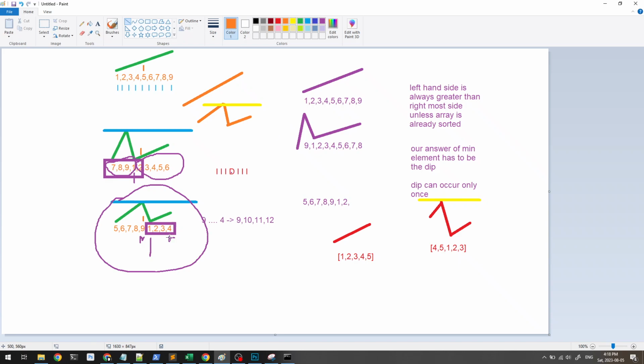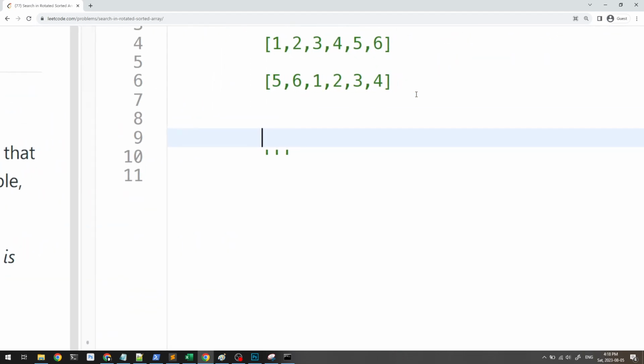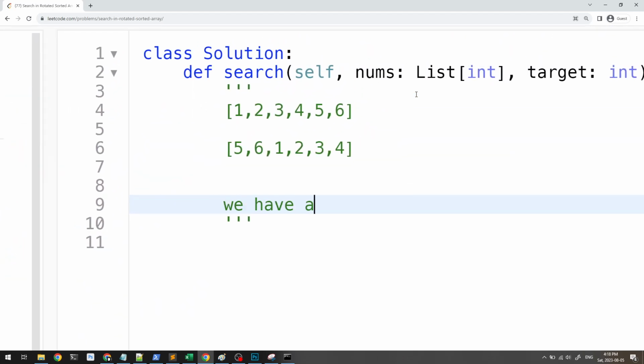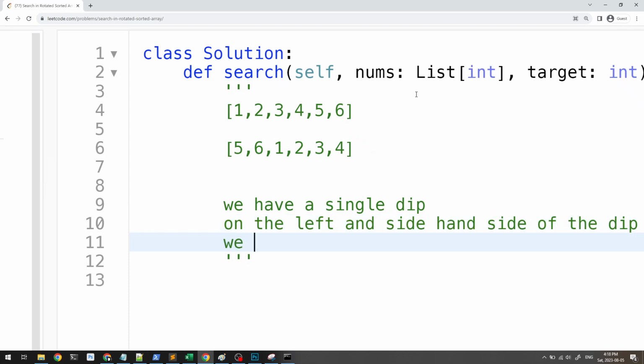Okay, so how might we go about doing this question? I'm not going to explain too much about this question because we already did this a lot in the find minimum question. But if you really think about this, let's go back here. We already made the observation that we have a single dip, but on the left and right hand side of the dip,